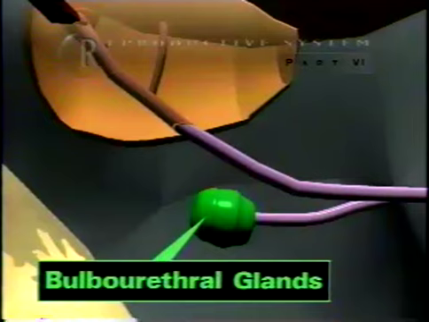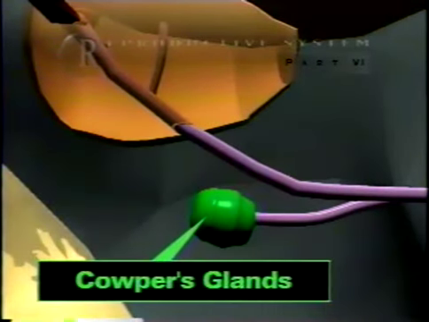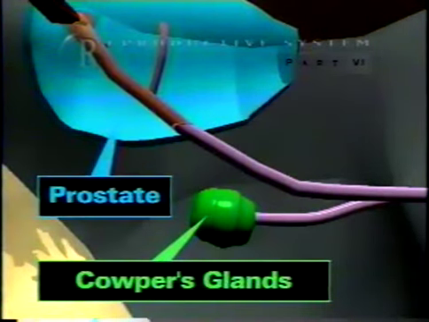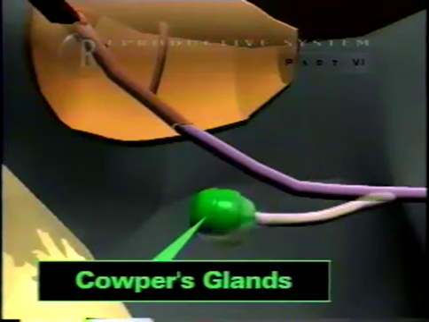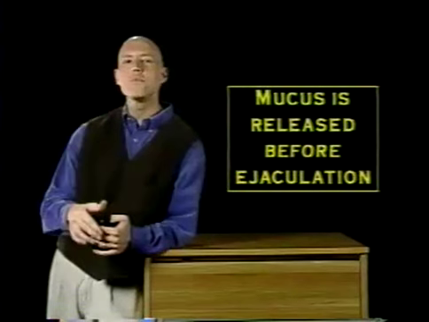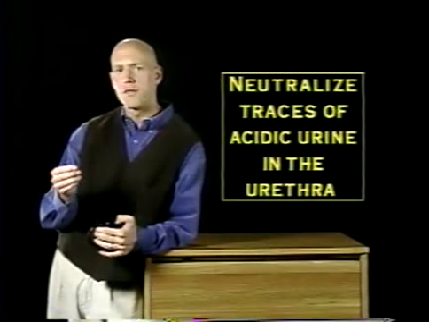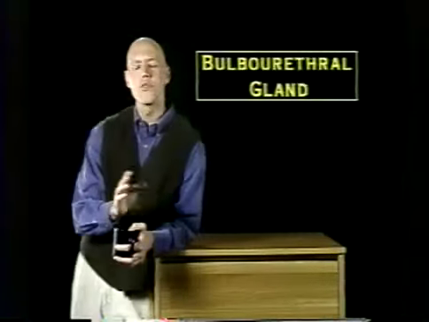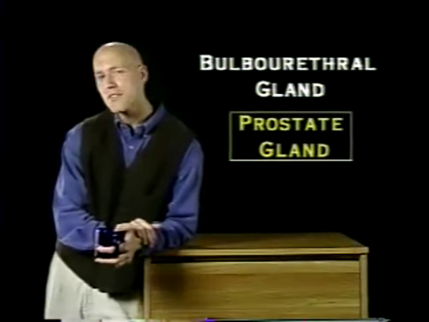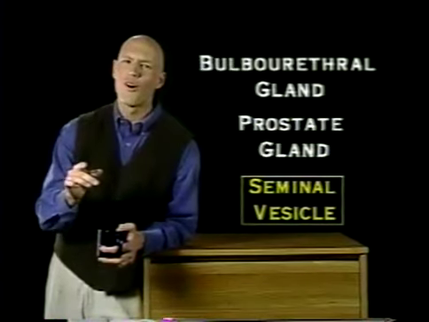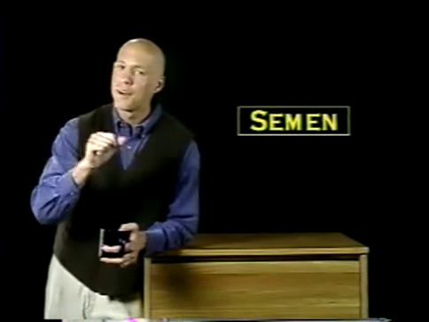The bulbourethral glands, also known as the Cowper's glands, are just below the prostate. They produce a thick, clear mucus that drains into the urethra. This mucus is released right before ejaculation to neutralize traces of acidic urine in the urethra and to provide lubrication. So the bulbourethral gland, the prostate gland, and the seminal vesicle all pitch in to produce semen. But neither the bulbourethral glands or any of this other stuff would have a purpose at all were it not for